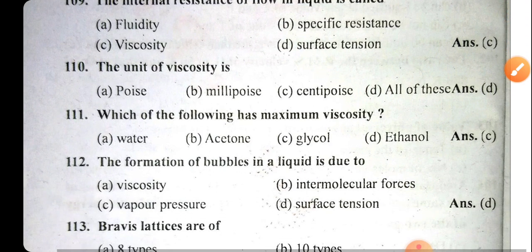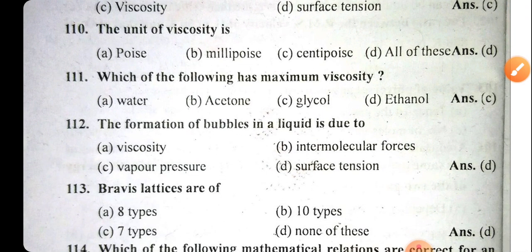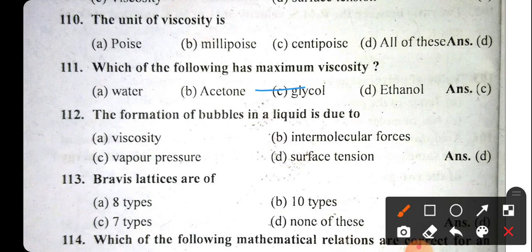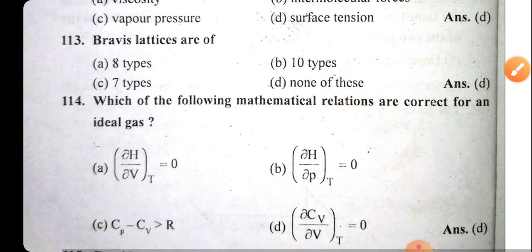Okay. Now the next question is, which of the following has maximum viscosity? That means which of the following components has the maximum viscosity? That is option C, glycol has the maximum viscosity among the following. Now the next question is, the formation of bubbles in a liquid is due to surface tension, that we know already. Okay. Now the next question is,